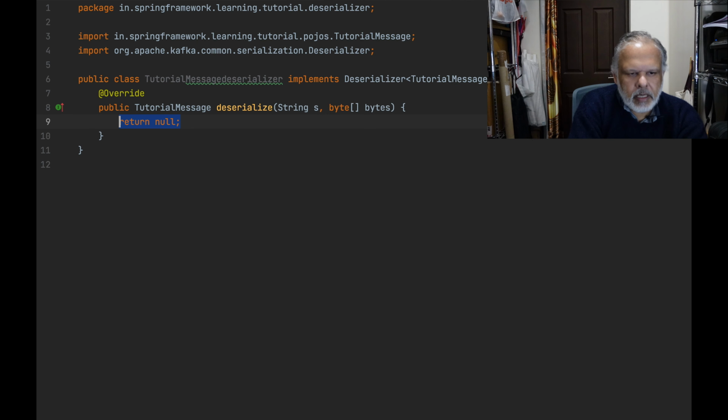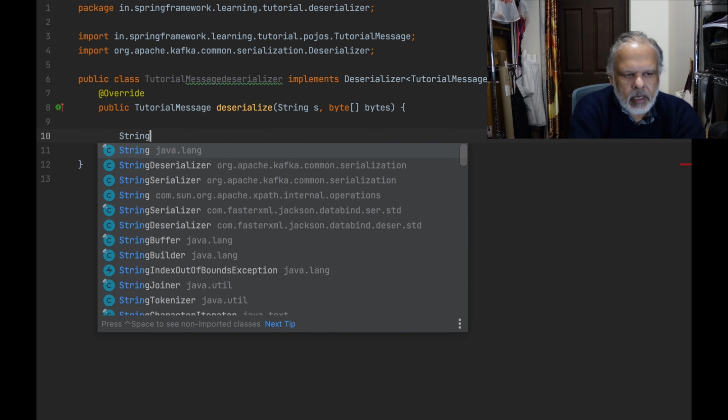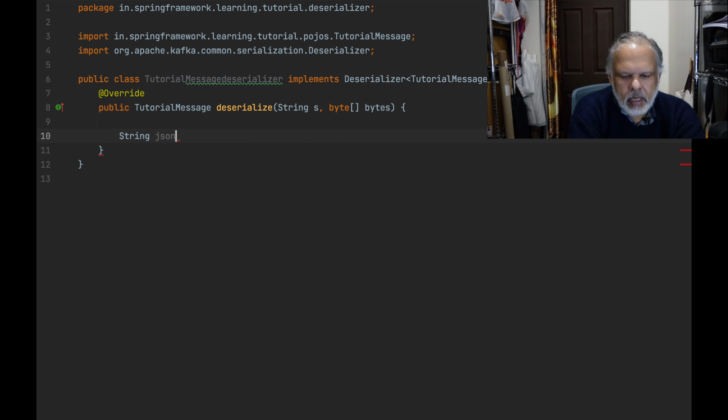I think this is the method that we are going to implement. So this will get a byte array. So from byte array we create a string json equal to, first let's see whether json takes byte array,